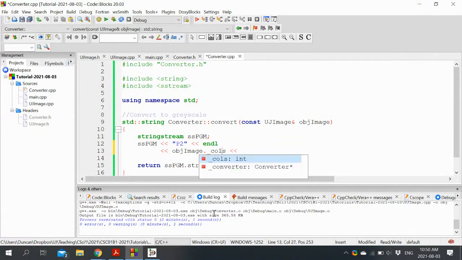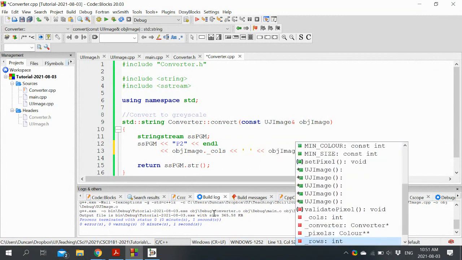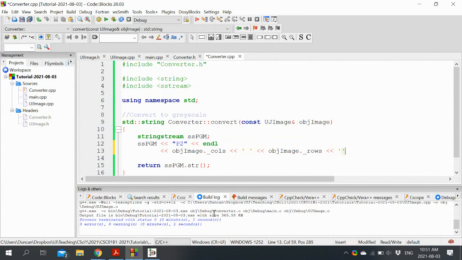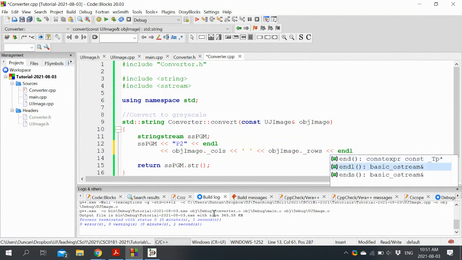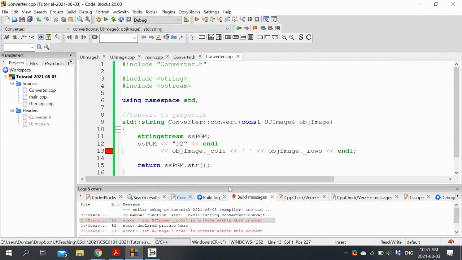Columns first, but anyway. Because it's private within this context.